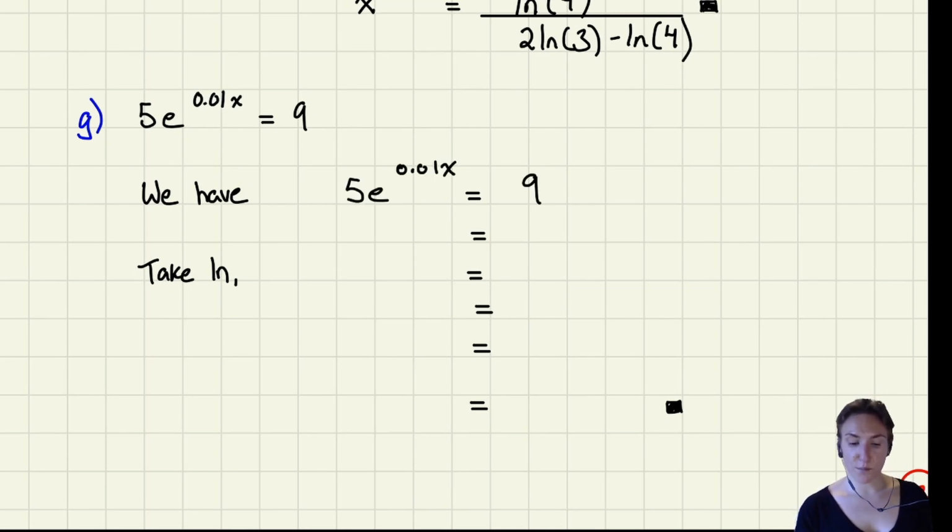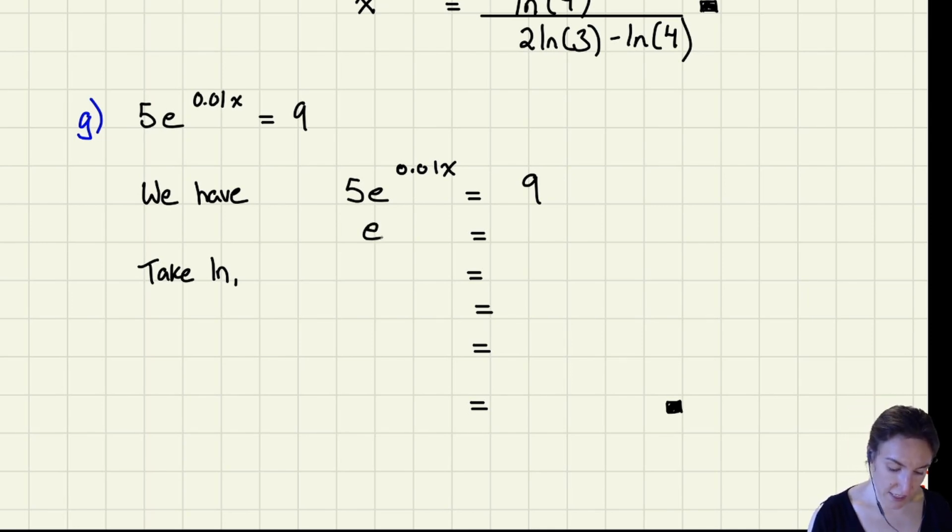If we did take a ln of both sides, as of right now, so if I went ln of this stuff, I would have these two terms that are being multiplied. I can split this up, but to save a few steps, something I can do because ln and e cancel is I can rearrange this a tiny bit before I take the ln. I can divide by 5. And why do I want to do that? I want to do that because now if I take the ln,